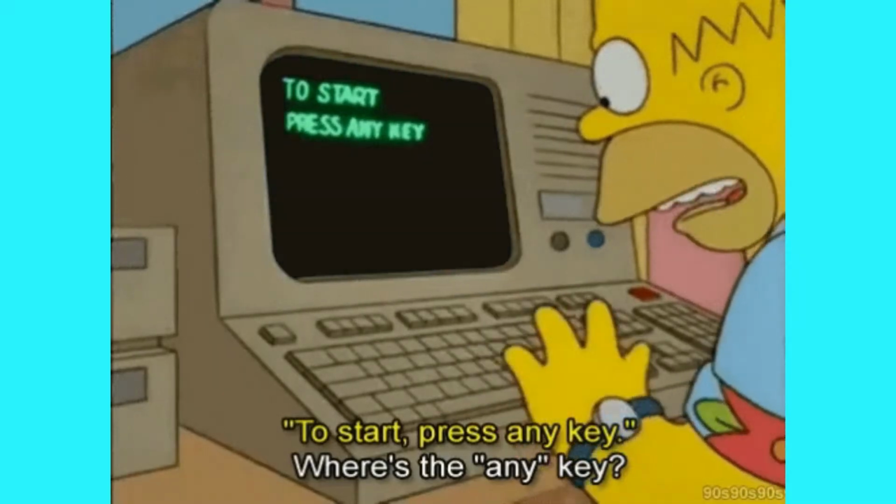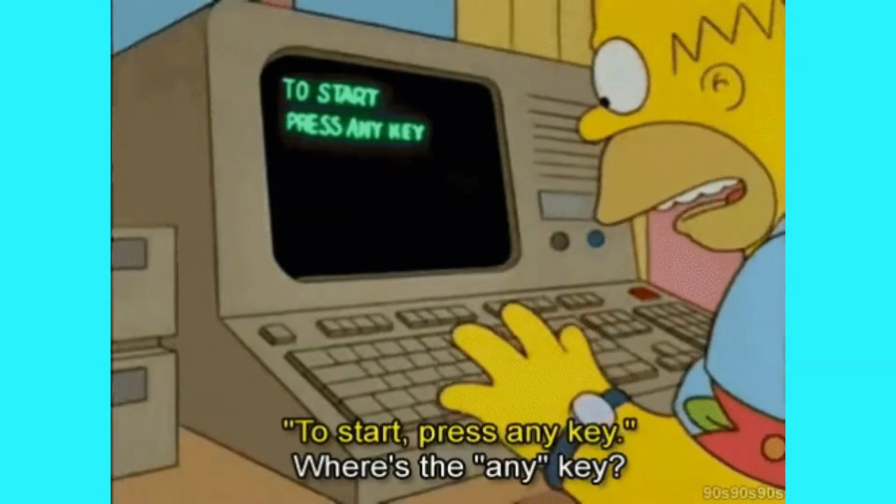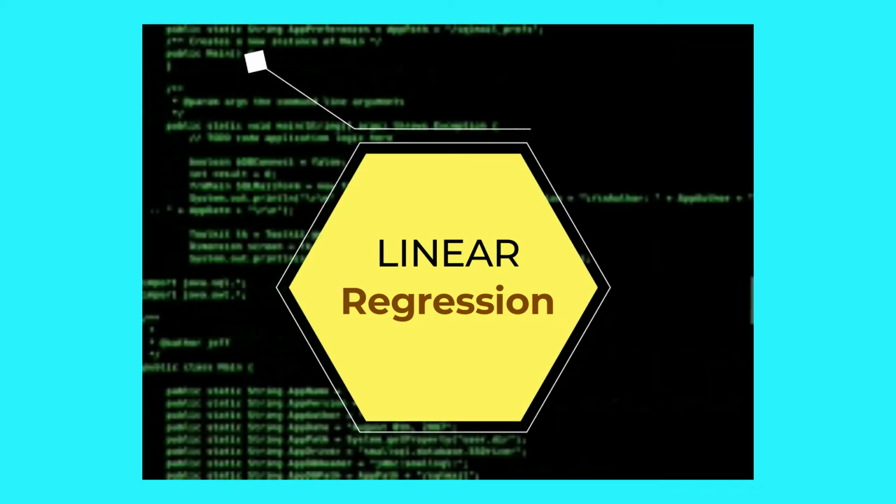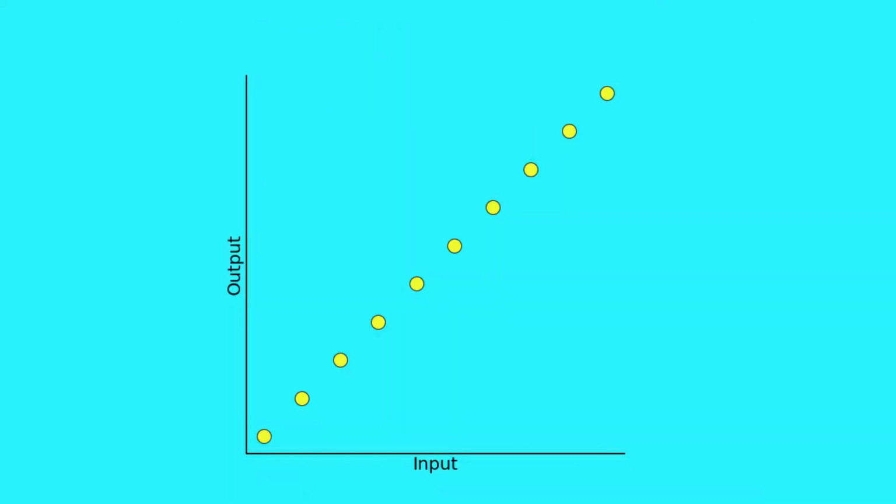The point of this video is that you don't need a Jarvis installed in your supercomputer to do AI. Many AI algorithms don't even require a computer. One such fundamental algorithm in AI and machine learning is called linear regression. In linear regression, as the name suggests, one assumes a linear relationship between the input and the output. A linear relationship is just a fancy way of saying that it's a straight line.